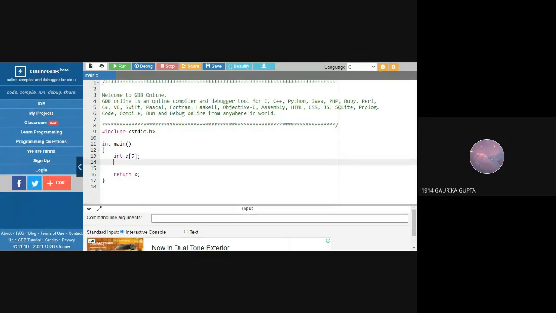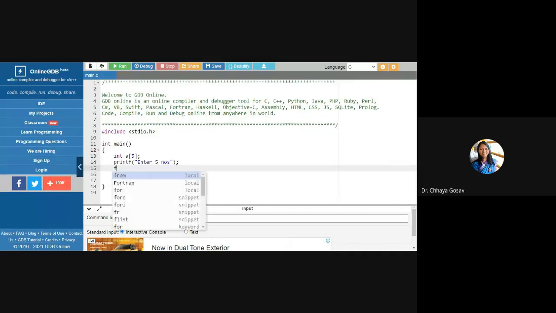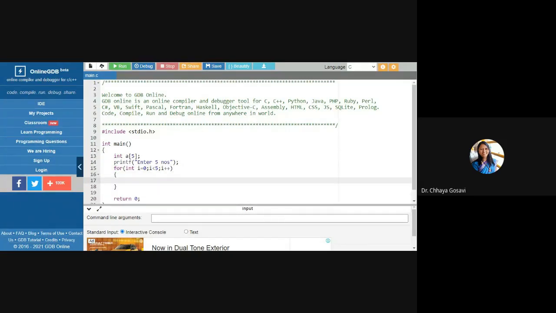Yes, ma'am. And how to assign values to each element of A? For loop. You need to ask the user to enter 5 numbers. And in the for loop, what should I do?